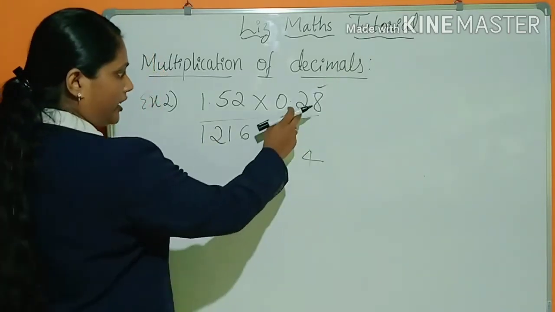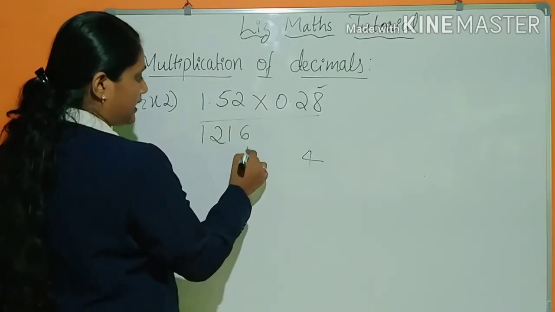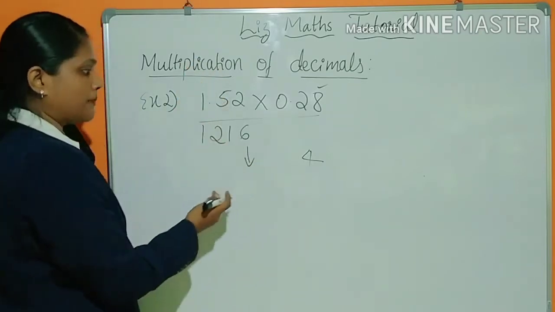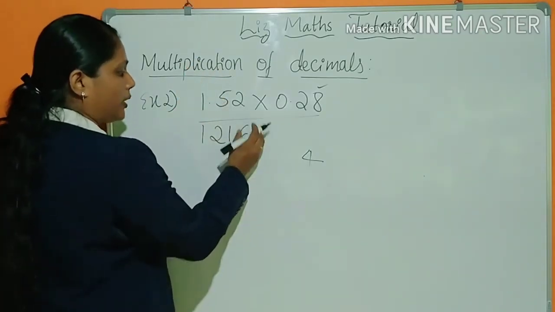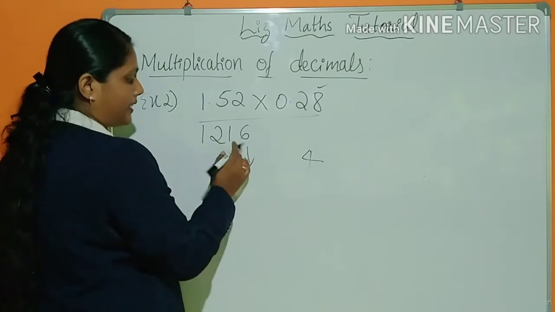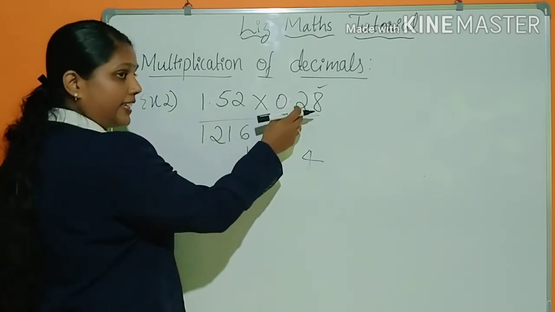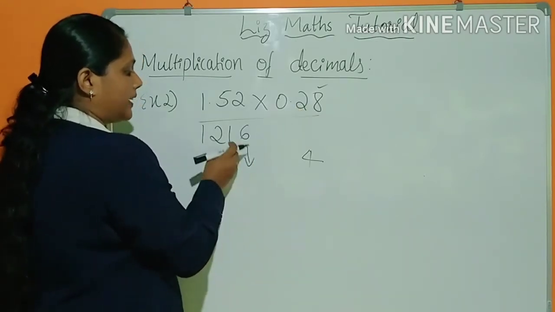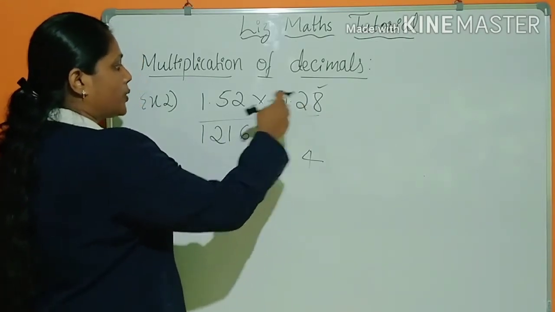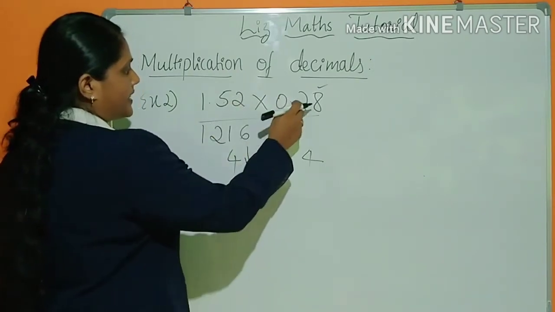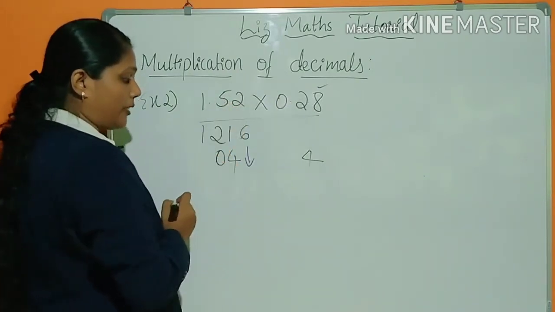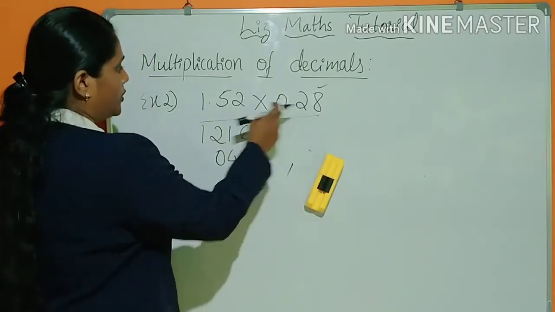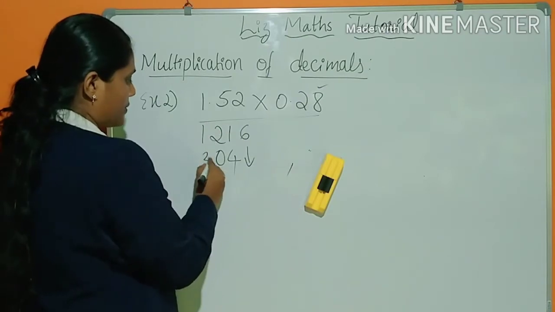Next you have to multiply with 2. 2 2s are 4. See, when you are writing 4, you have to leave a place according to the multiplication rules. What it says is, you have to leave the unit place and write from the tens place, because here we are multiplying with the tens digit. So 2 2s are 4. Next 2 5s are 10. Write 0 and 1 in your hand. 2 1s are 2 and 1 gives you 3.